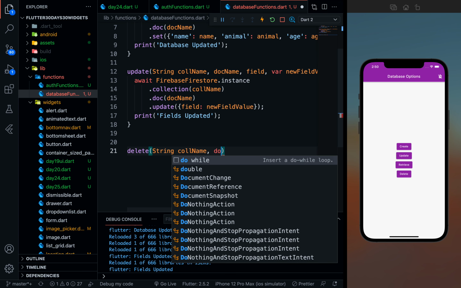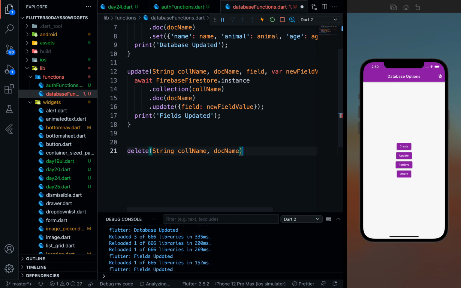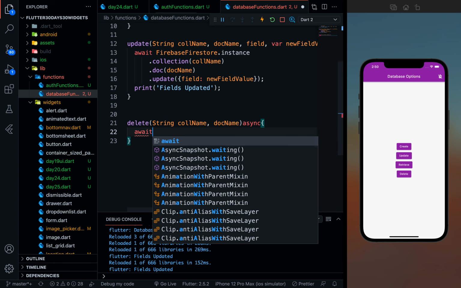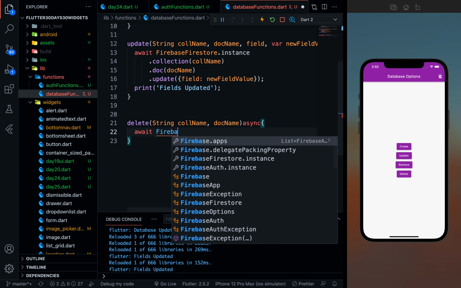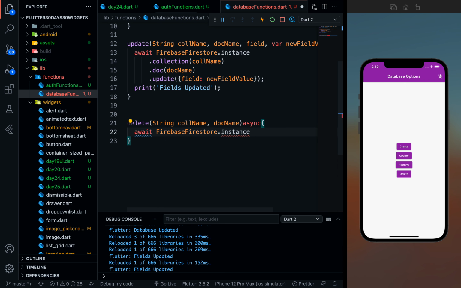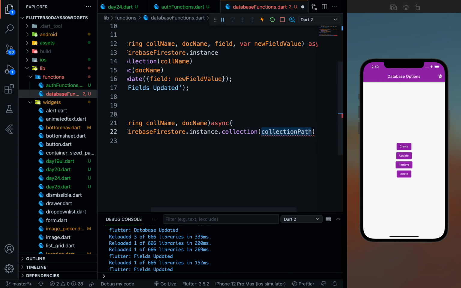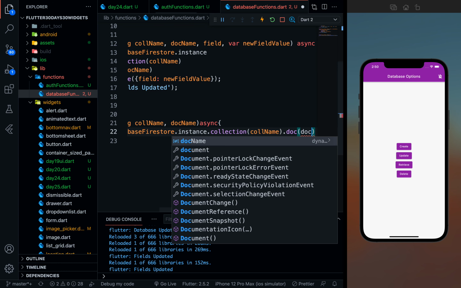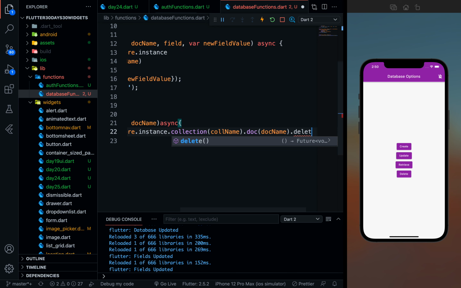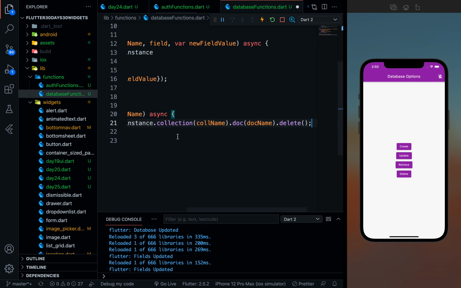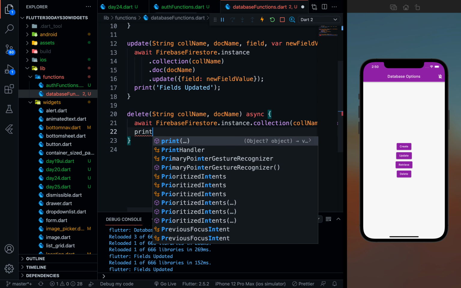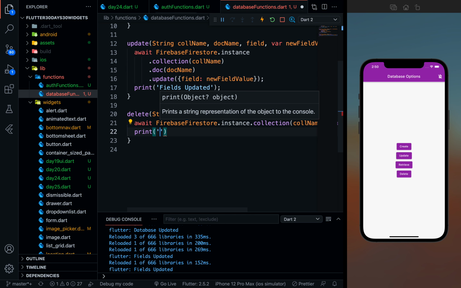So let's create doc name, and as soon as I am getting the collection name and document, I want to write a simple function, await FirebaseFirestore.instance.collection name.doc name.delete. Perfect. So I'll be printing document deleted,